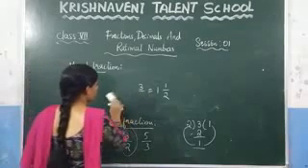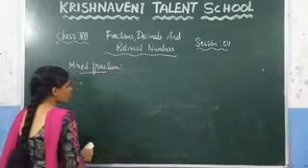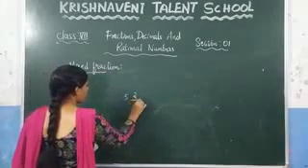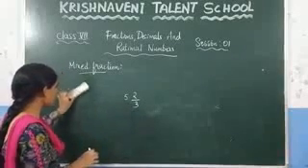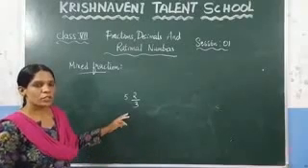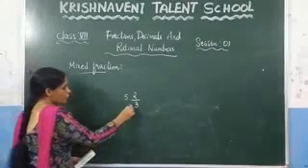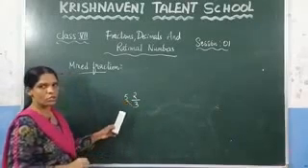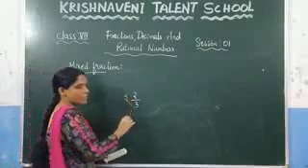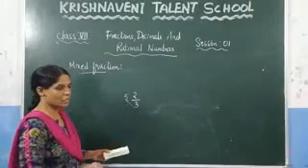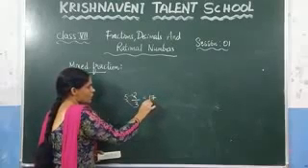Now see how you convert a mixed fraction into an improper fraction. So here consider 5, 2 by 3. Here you know that it is a mixed fraction because it contains an integral part and a fractional part. Now you need to convert this into an improper fraction. How do you do it? First you need to multiply these two values. So if you multiply, what do you get? 5 into 3, which is 15. And after getting the result, you need to add the numerator. So 5 into 3, which is 15, plus 2, which is 17 by 3.